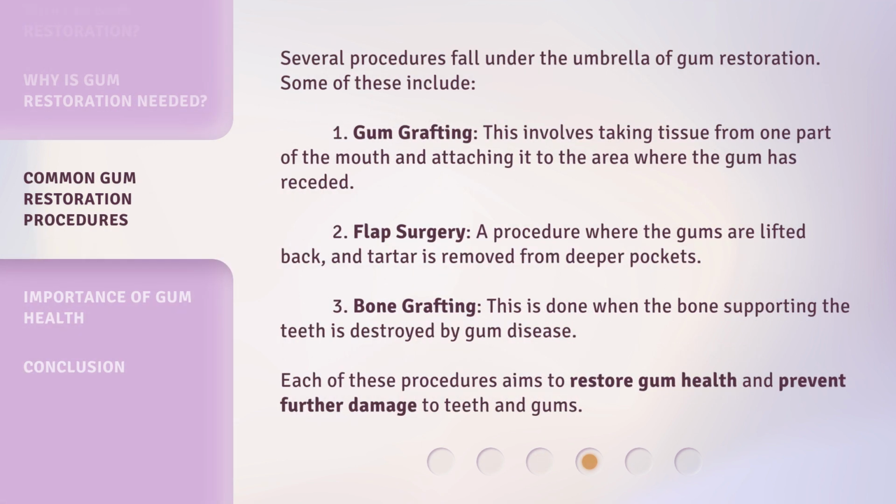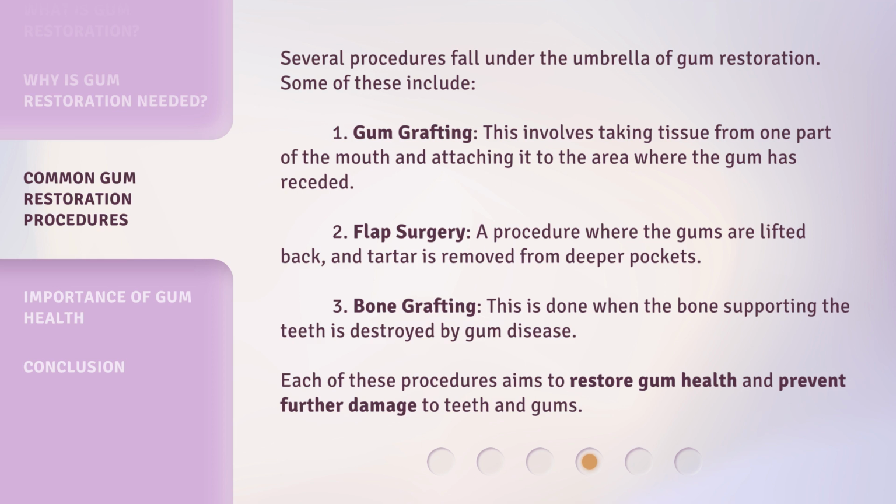Several procedures fall under the umbrella of gum restoration. Some of these include: 1. Gum grafting. This involves taking tissue from one part of the mouth and attaching it to the area where the gum has receded. 2. Flap surgery, a procedure where the gums are lifted back and tartar is removed from deeper